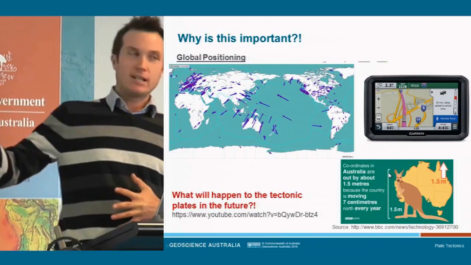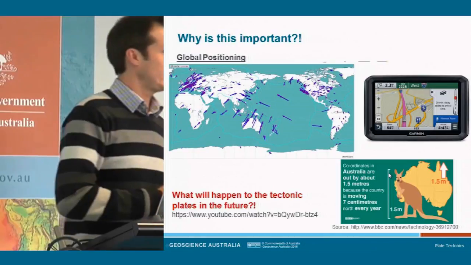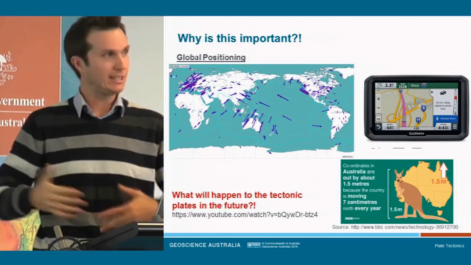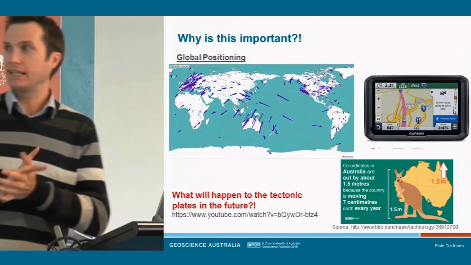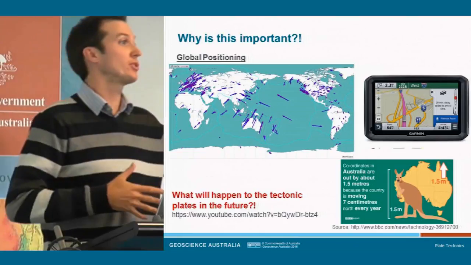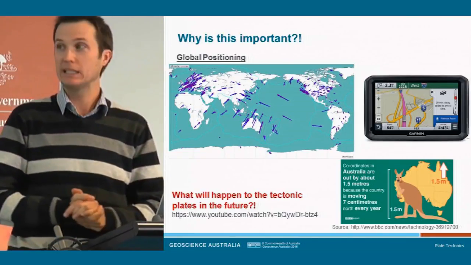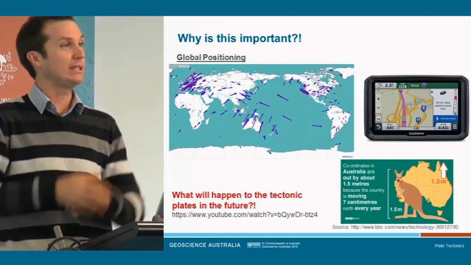It's really important to get across to you also that plate tectonics is not a closed science. We know a lot about it now, but there's still things we don't understand. Like in a lot of sciences, it's an evolving process. So what's going to happen to the configuration of plates in the future is a bit of a hot topic. And also what happens to those subducting slabs when they go down into the mantle is another area